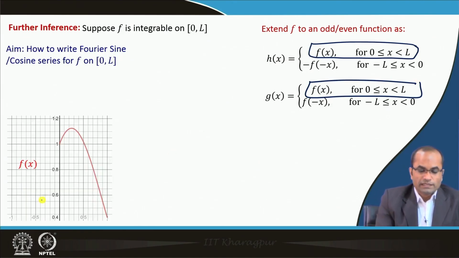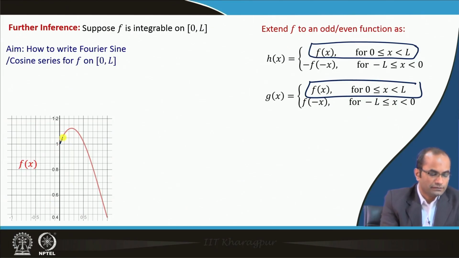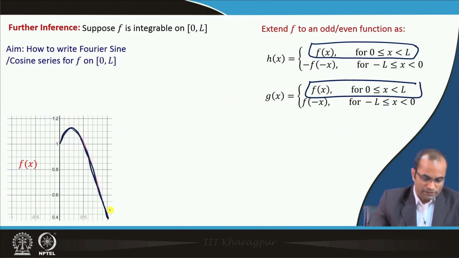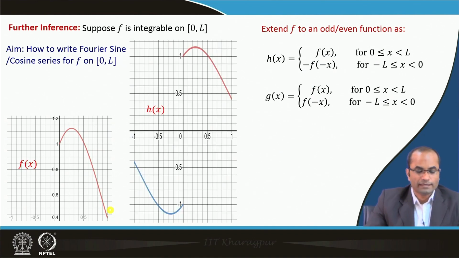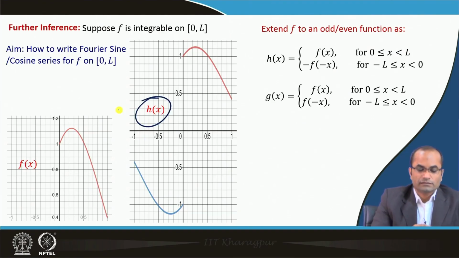So, we can just think as follows. Suppose there is a function f x, which is given in some range 0 to 1, and then there are two possibilities. I mean, there could be many possibilities, but here we are extending so that the function h x